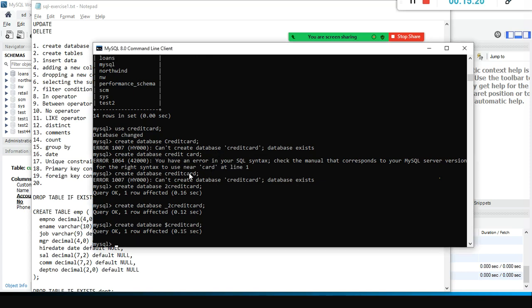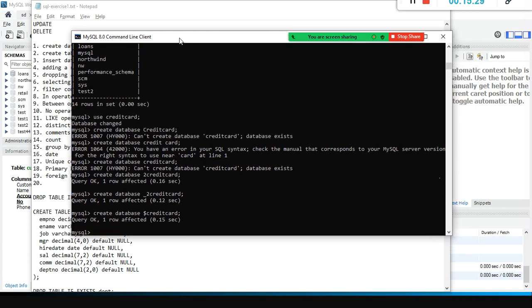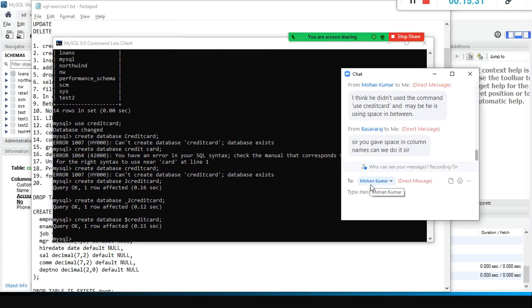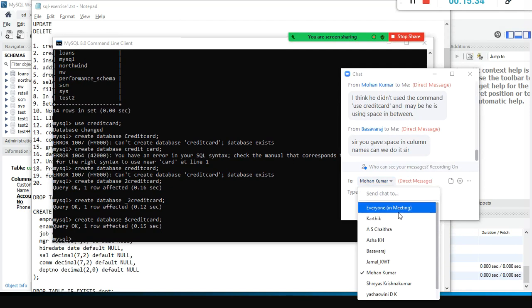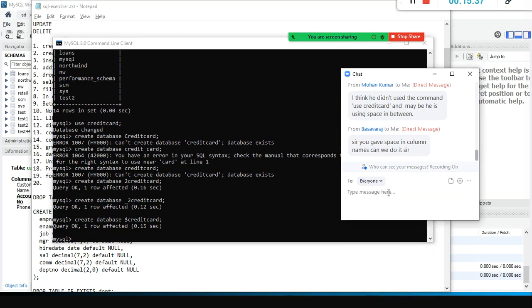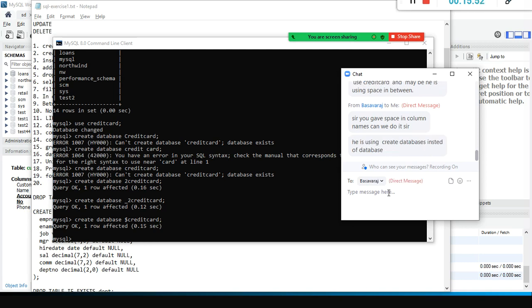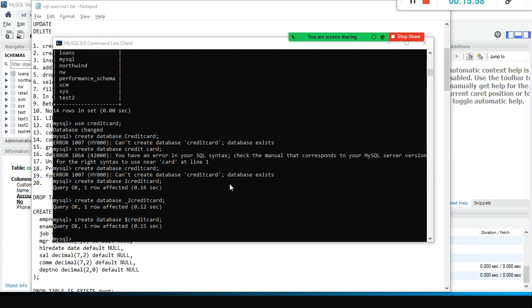Karthik, are you through with this? We are all waiting for you. Have you created this? Is it working or not? You have an error in your SQL syntax. Check the manual that corresponds to the MySQL server. You are getting some error, huh? Yes, sir. Okay, you connected this meeting via your laptop, right? Or mobile phone? I will connect, one minute. I don't know why you are getting that error.